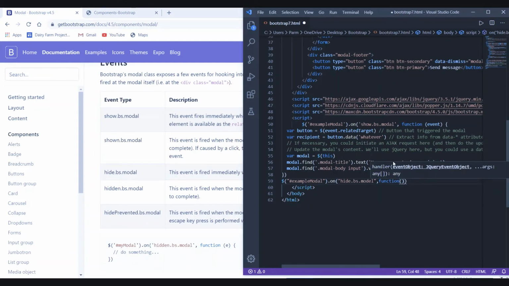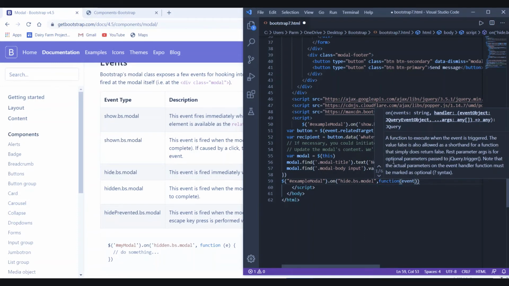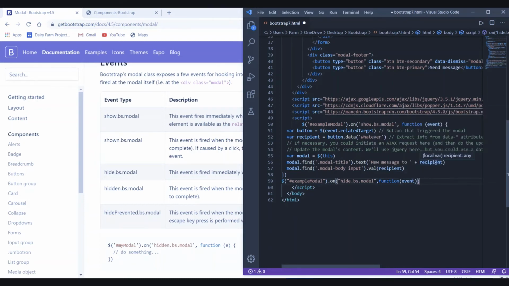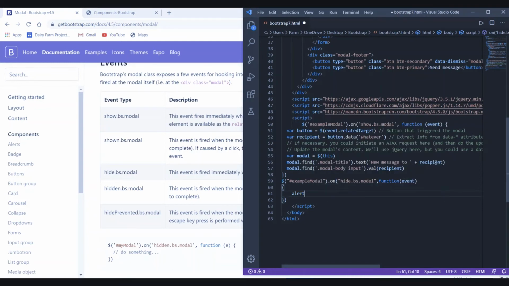This function will take the event as an argument, and here we place the body of this function. We just have to write an alert message, and in the alert we will write, sorry, modal close.